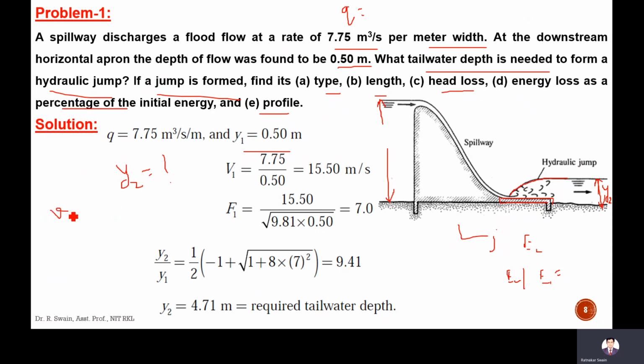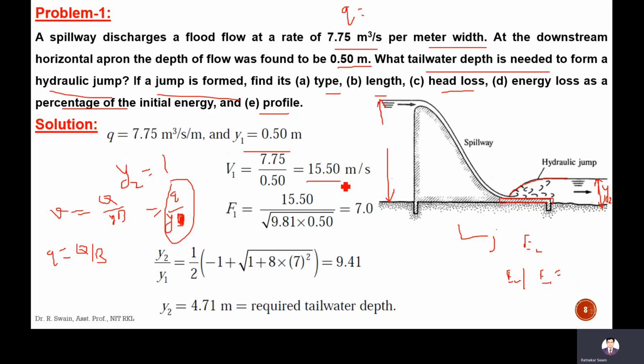Okay, the velocity is Q by area. Area means Y into B. So we consider that it's rectangular, so small q, which is capital Q by B, is usually considered. So here velocity is small q by Y. So V1 is calculated as q by Y, that is 7.75 divided by 0.5, which is